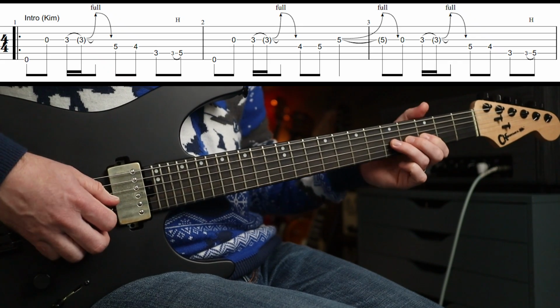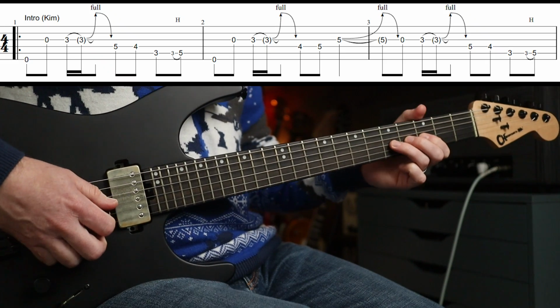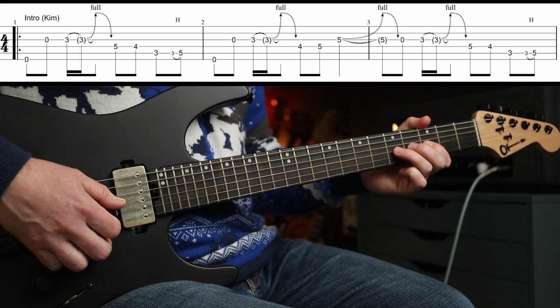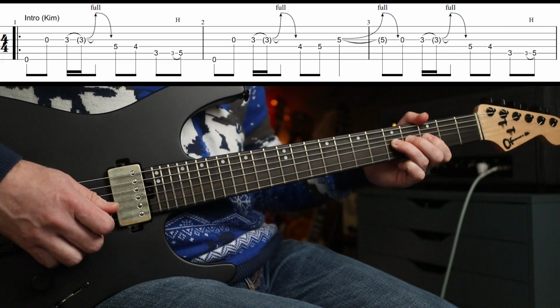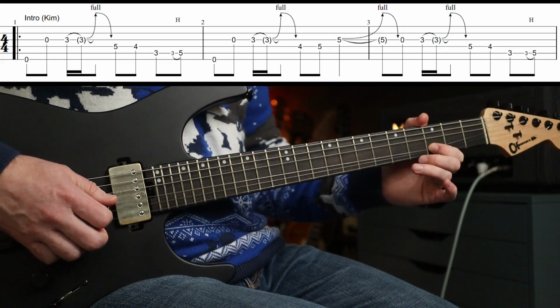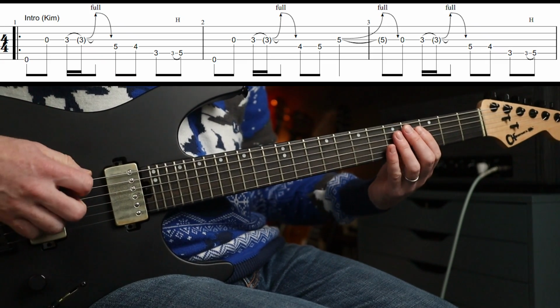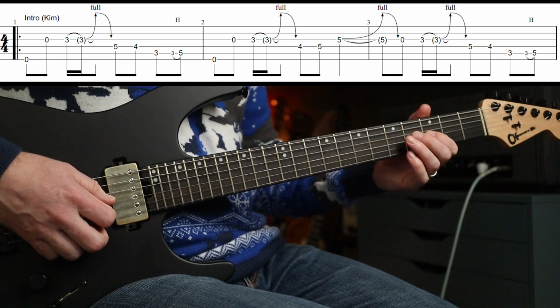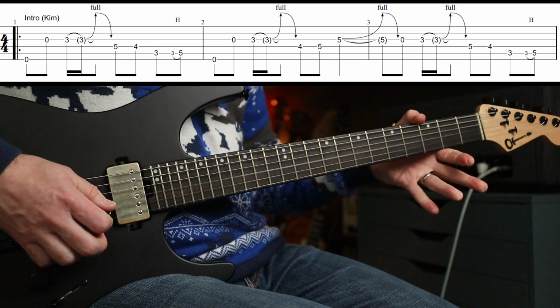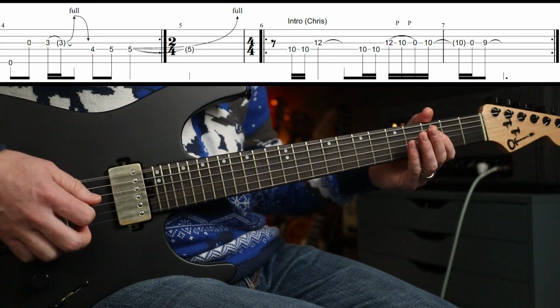But this hangs over. So the full step bend actually continues over into the 1st 8th note of the next bar. And then you do another open. And then you join up with the riff. So you're basically replacing with a little bit of a bend, okay? And then the 4th bar goes...